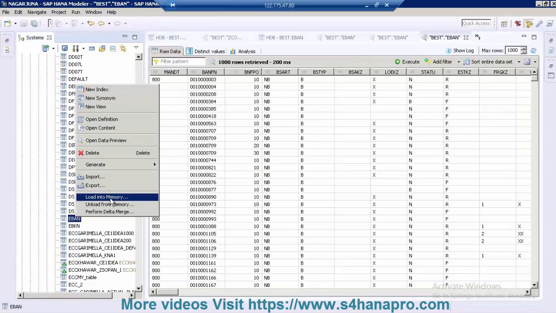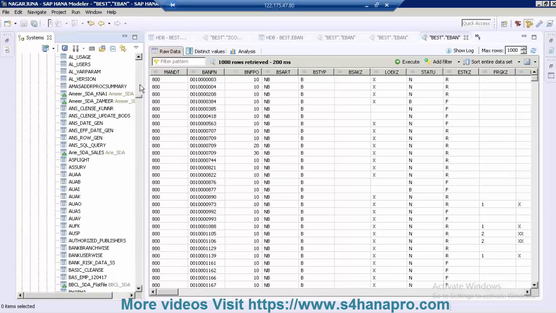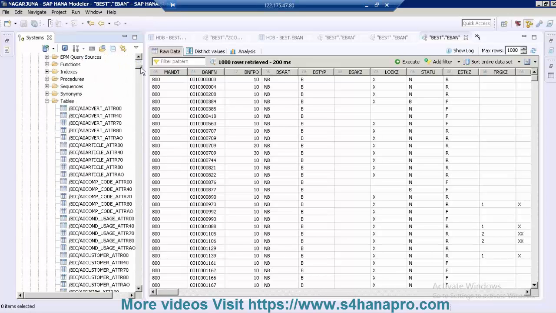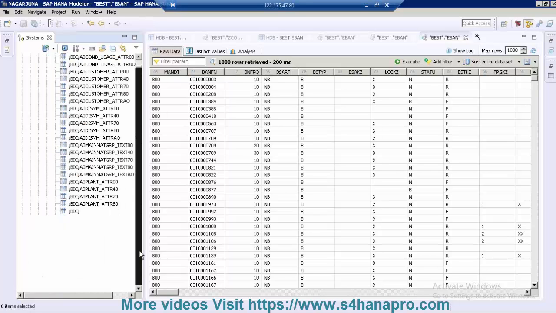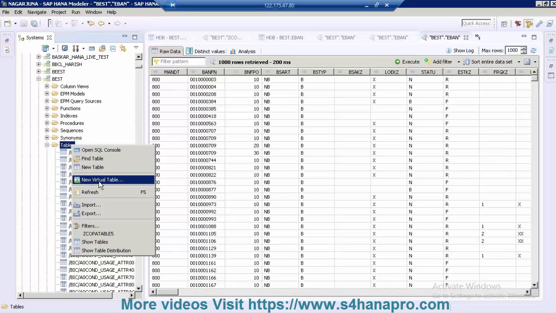HANA also has other methods, called virtual tables. When you go back, right click on the table. Here you see a table called virtual. What is this table? When you use a virtual table, it doesn't store data at all. Means